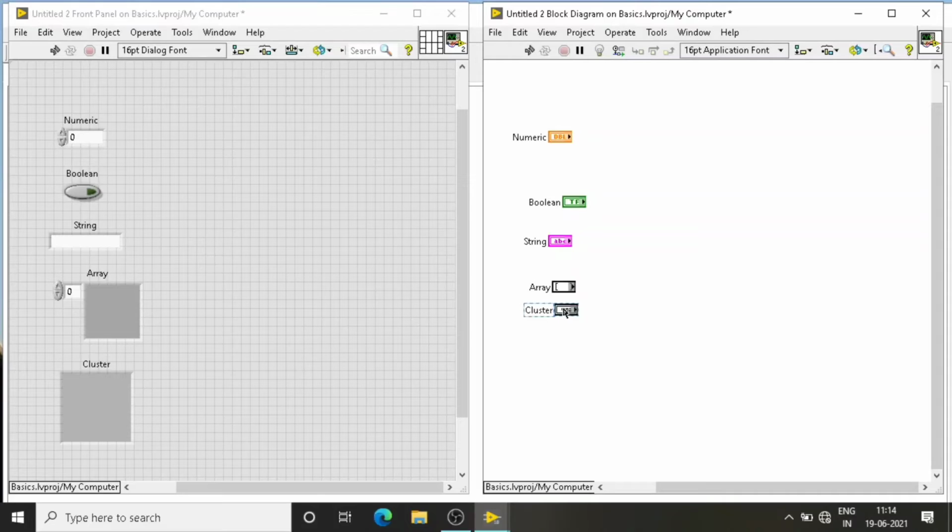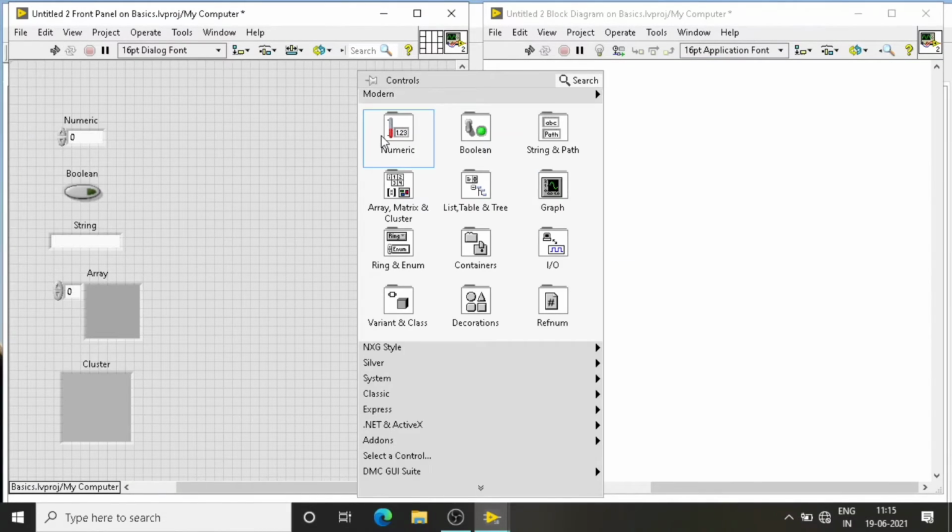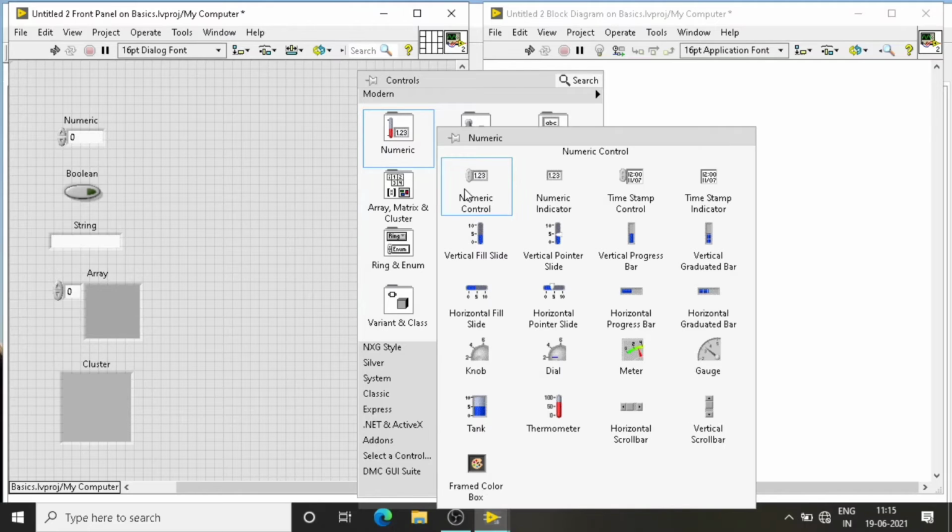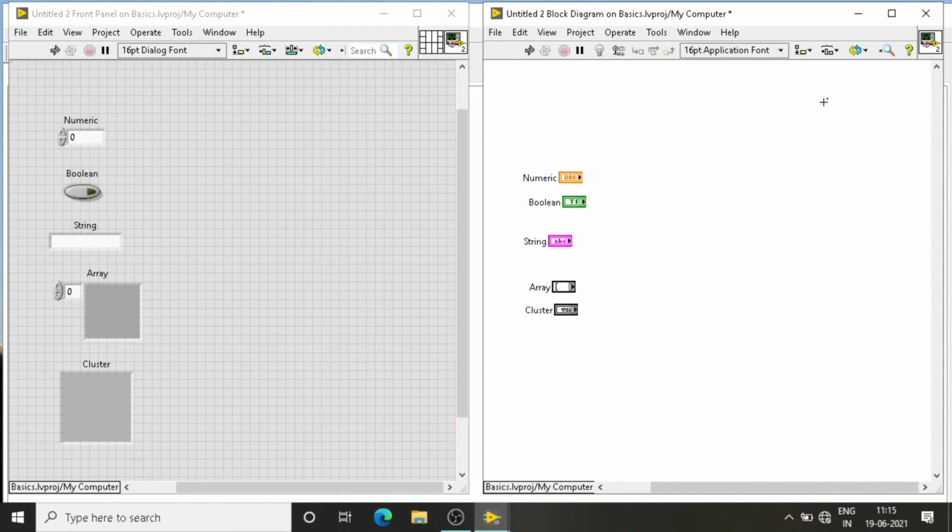The difference between LabVIEW and other programming languages is that if you want to create a numeric data type, you need to write some syntax for that. But in LabVIEW you just pick and place. That is enough for LabVIEW. That is why LabVIEW is flexible for programming.